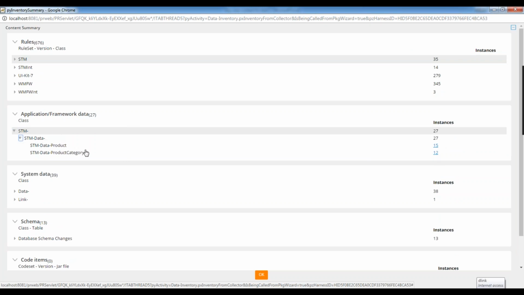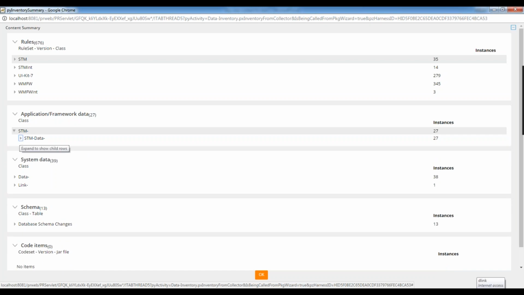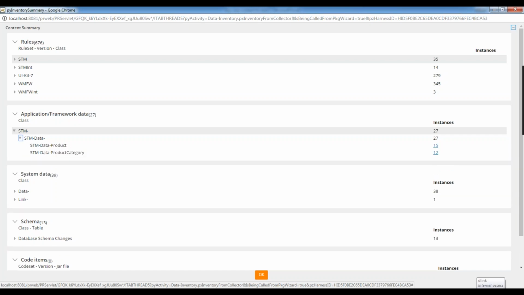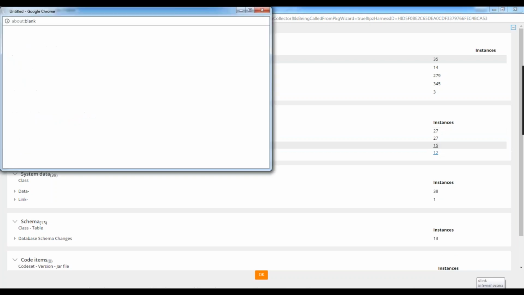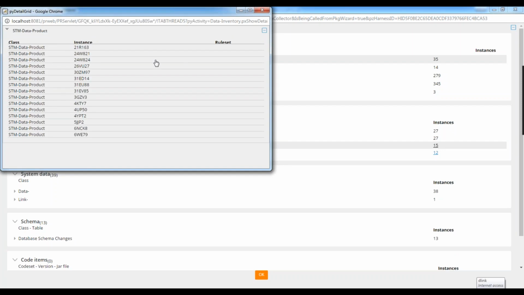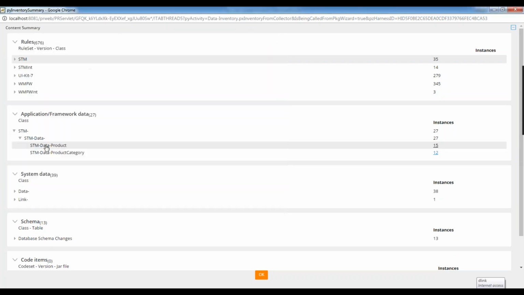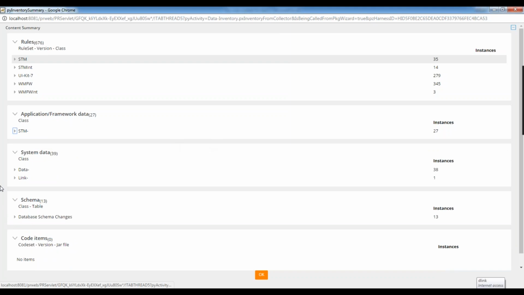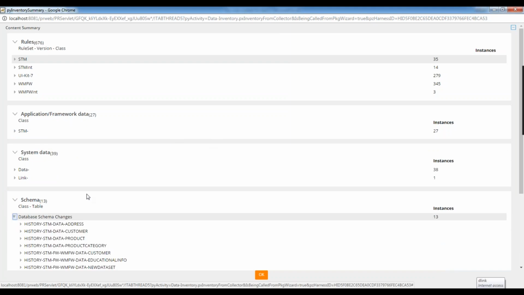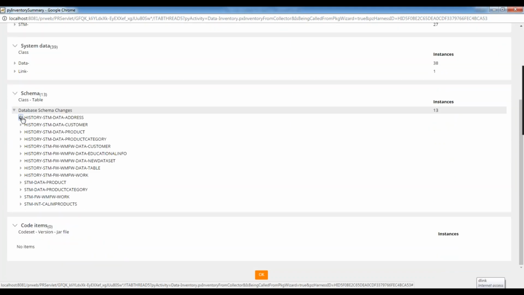This is like a local storage. Sample data means not from the database. This is application related sample data, that is called local storage. Whichever data you stored as local storage as part of your application, that data also will be shipped. You can also verify it by clicking this one, what data it is. Okay, instance, you can see the ID here, and then you can see the database changes. You can expand it.